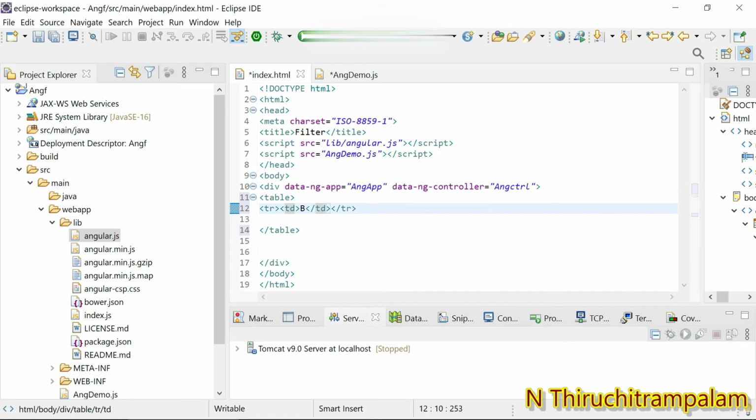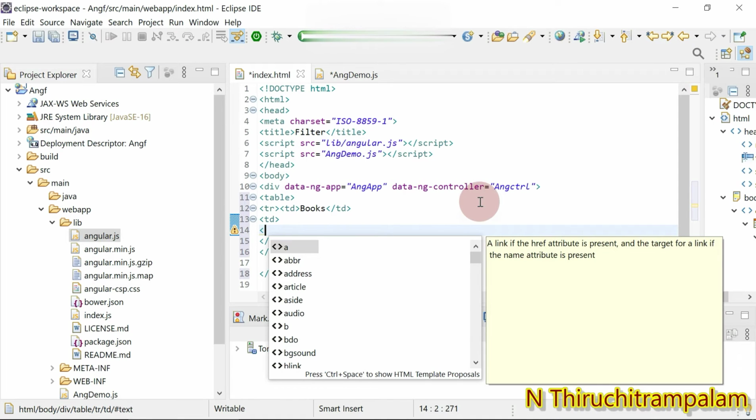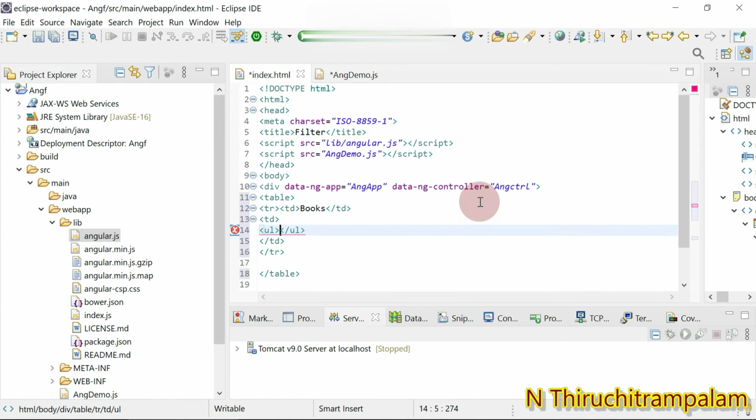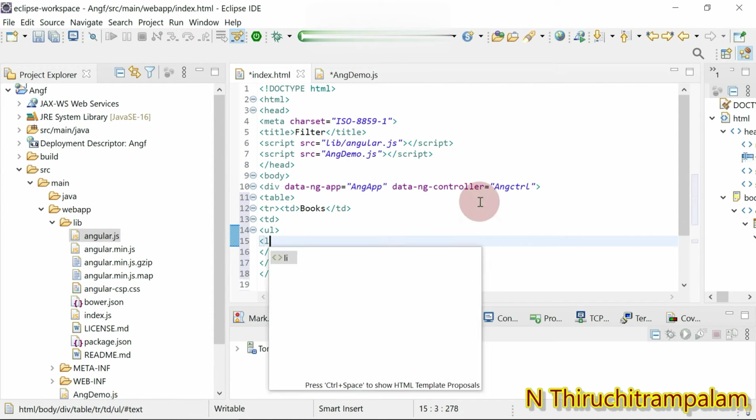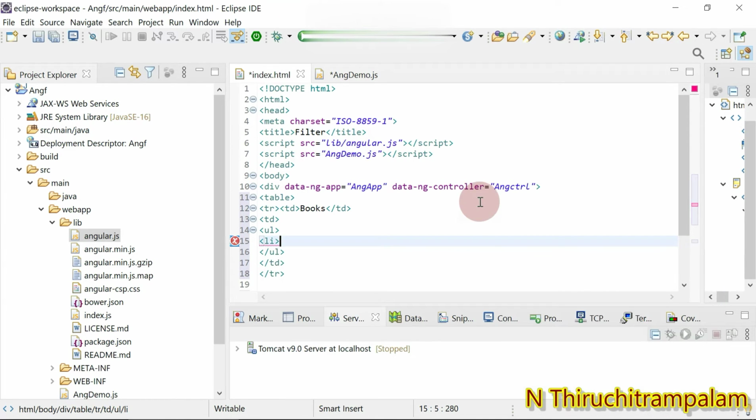So I give it as text books. Okay, and then I create one more td. Here I use the ul, that is unordered list. Ul denotes the unordered list. Within this I use the li element, which is again list. Li represents the list.